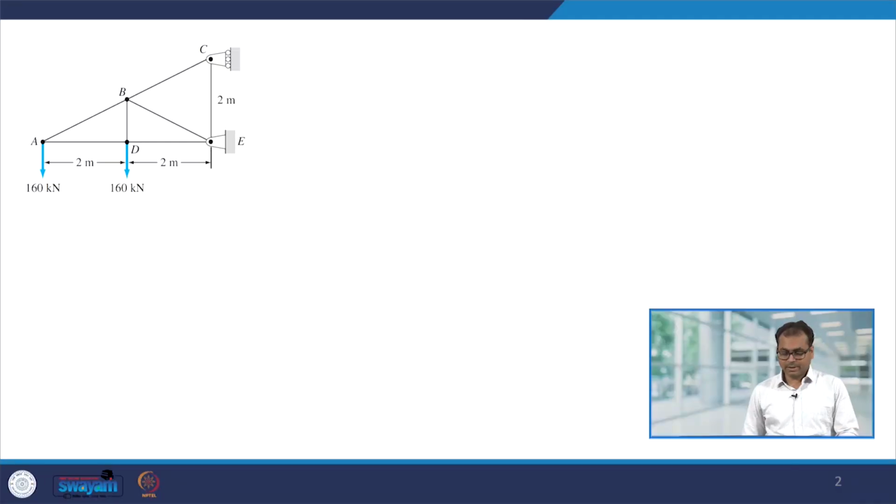In the last lecture, we looked at how to analyze the structure. Particularly, we looked at the planar truss and the method of joints. Today, we are going to solve two more examples on the method of joints. So, let us look at the first problem statement, and the problem statement is the following: